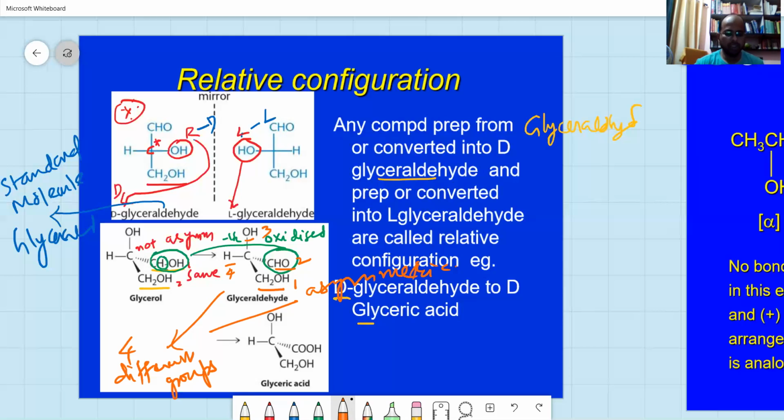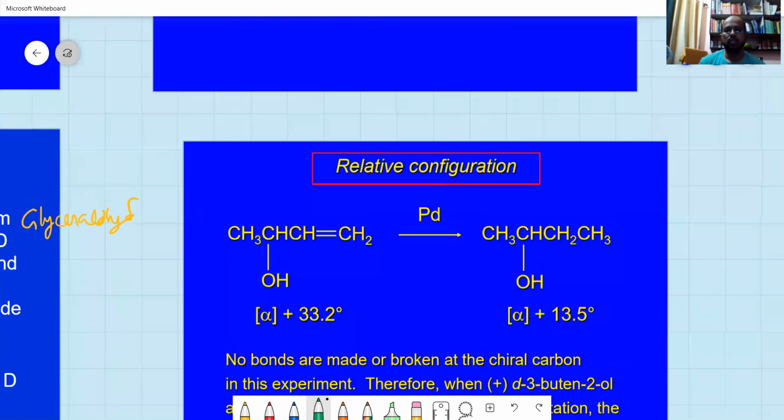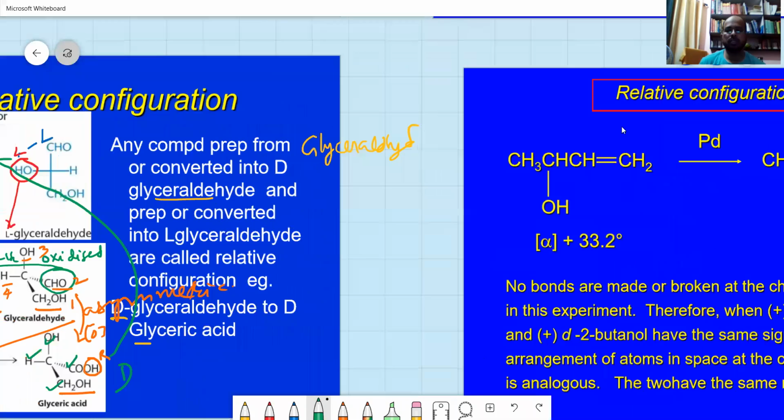Here, what you have to do is again oxidize this into a glyceric acid. In the glyceric acid, you have CH2OH at the bottom, COOH on the top, and OH on the right. Remember, if you have it on the right, you call it the D. And 4 different groups are there, 1, 2, 3, 4 different groups. So this is an asymmetric carbon atom. And that is what is mentioned here.